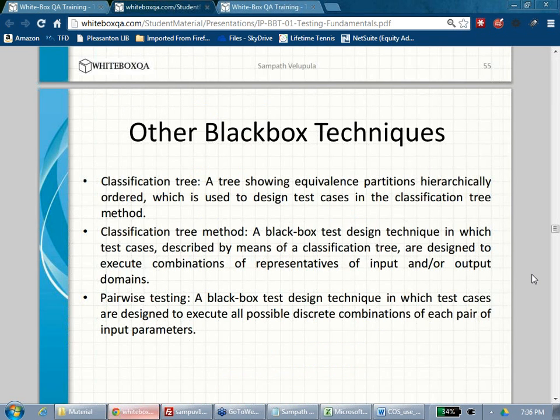Can you give us an example of state-based testing? I already gave you one example: login. For example, you go to an ATM. You put invalid pin, invalid pin, invalid pin. Or you go to transferring more than 1,000 per day. Anything which goes into a locked or some other state, that is state-based testing.